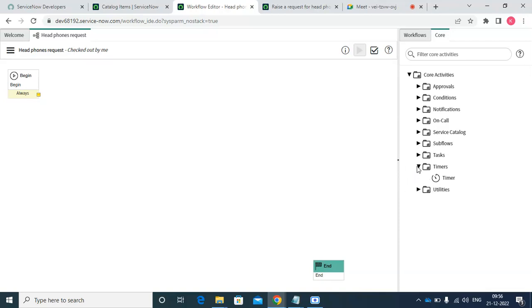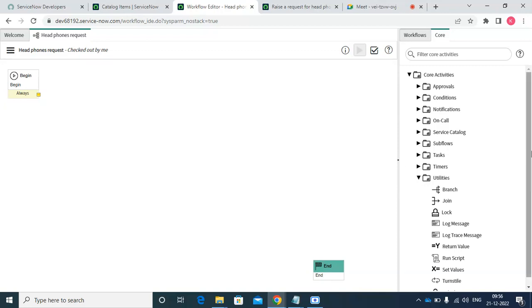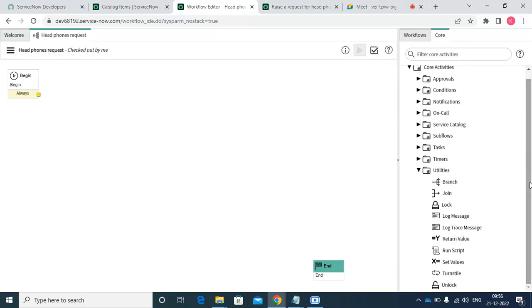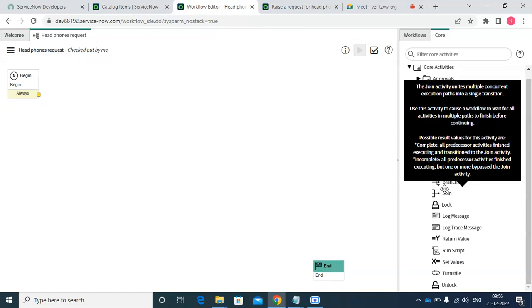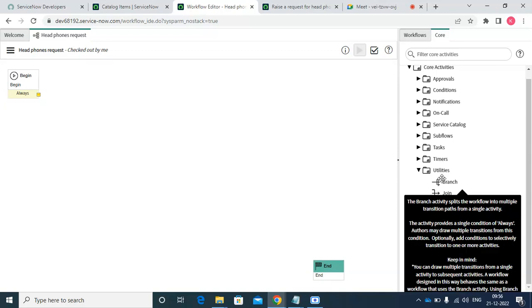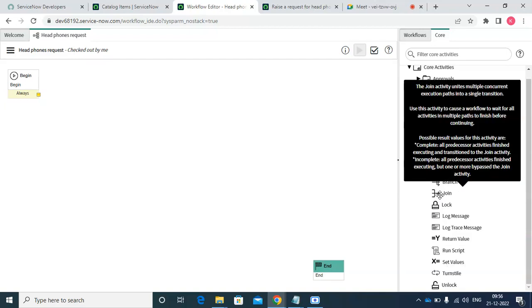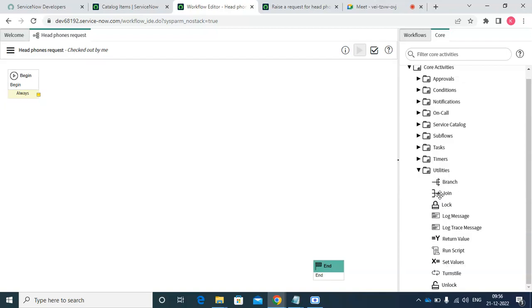This is the one. And next one, we have an option called utilities branch. That means if you want to divide the activity, we can use the branching activity, so one activity can have multiple things. And next one is the join activity. Join activity is nothing but converting multiple activities into